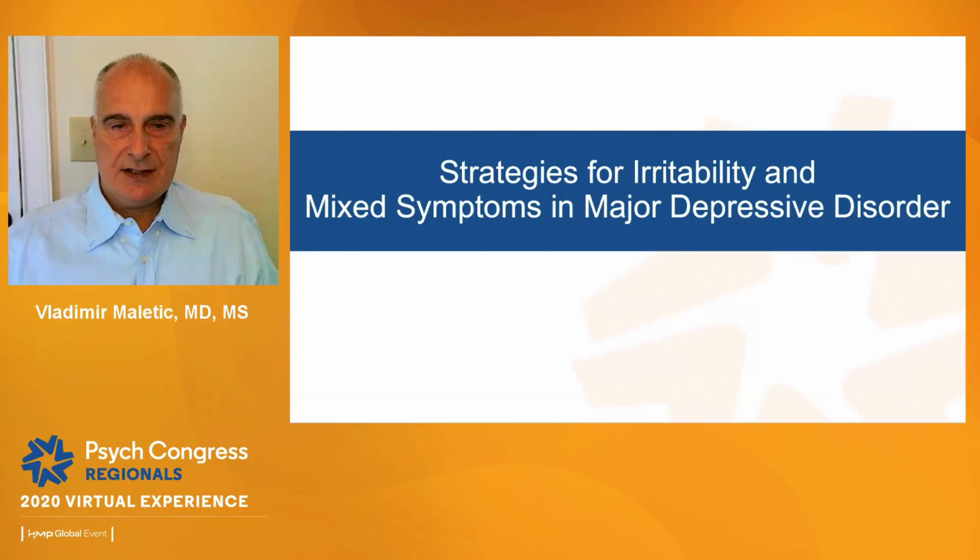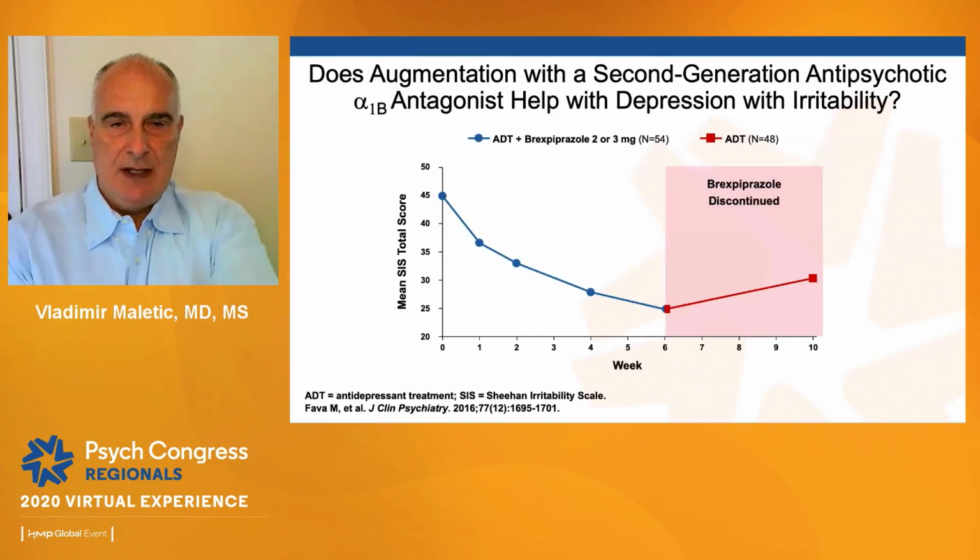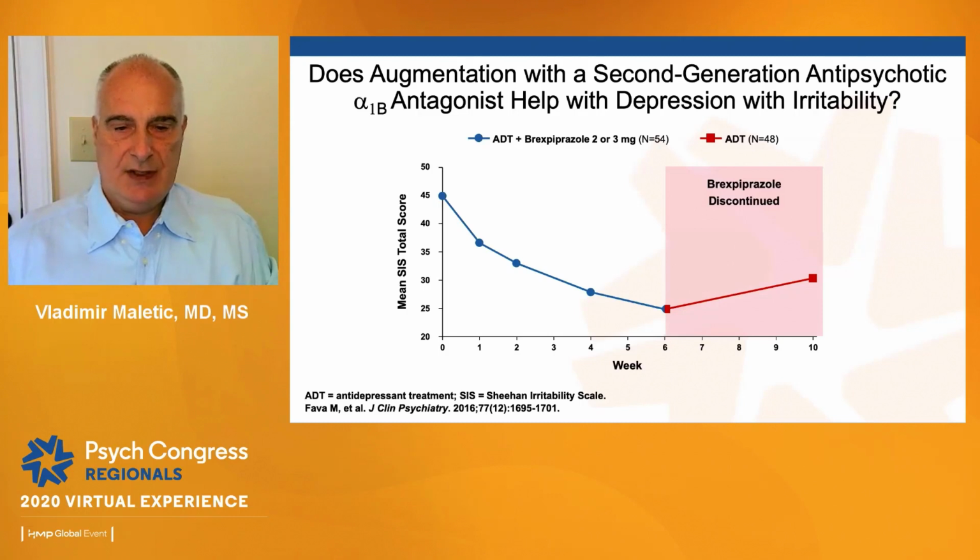So let us now look at strategies that are utilized in particular scenarios. What if our patients are irritable or have mixed symptomatology? In this particular study, brexpiprazole, 2 or 3 milligrams, was added to an antidepressant. And we see that 6-week treatments of combination of antidepressant and brexpiprazole was associated with substantial reduction in SHIAD irritability